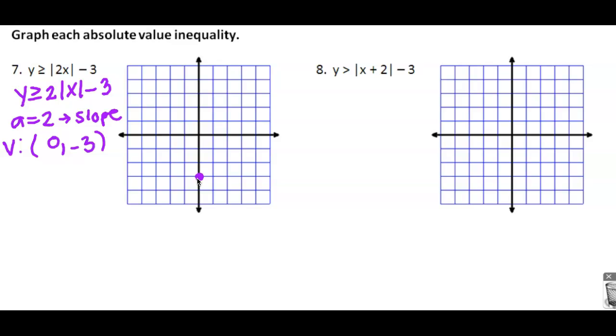Solid, because it is equal to. Apply the slope, so it goes up 2 over 1, up 2 over 1, up 2 over 1. Absolute value graphs can be taken and folded in half, right? So if I go up 2 and right 1, I also go up 2 and